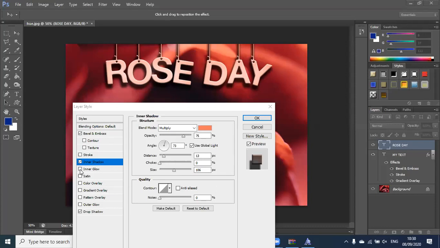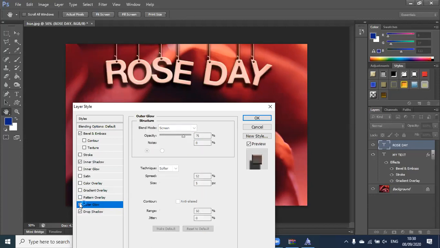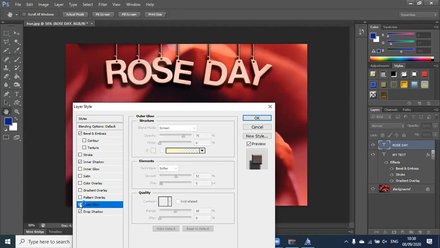Let's move to glow, if I want to give a glow effect. I'll show you outer glow first and then I can go to inner glow. I'm just clicking outer glow. I'm sure you can see this is without outer glow, and this is with outer glow. Now, how would this make a difference? Let me increase the spread and show it to you. You can see this glow effect. Without the glow, it will look like this, and with the glow, you can see the change.